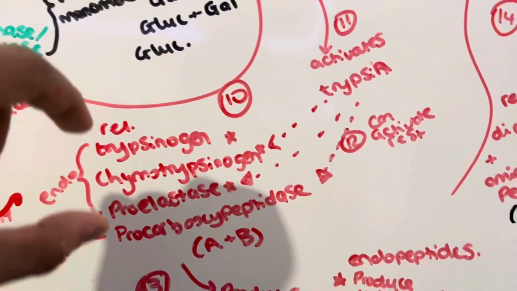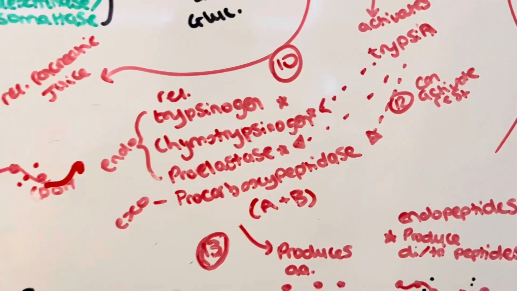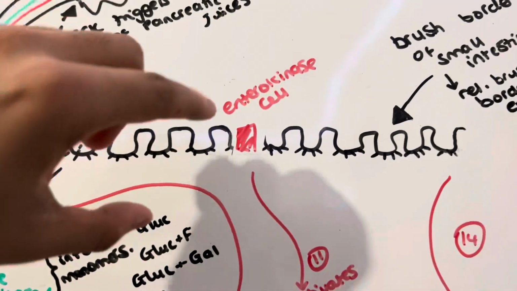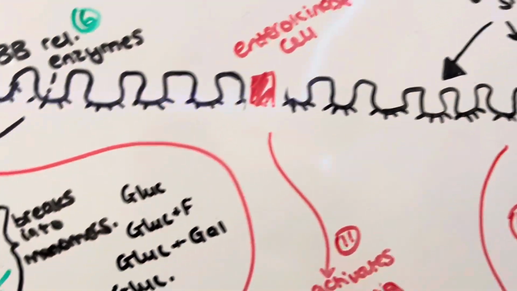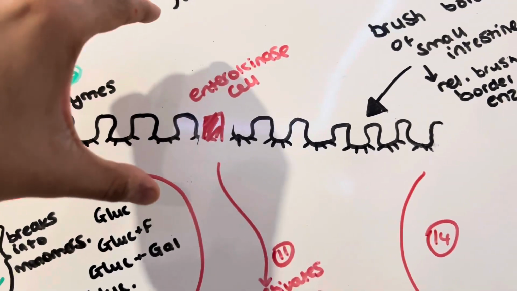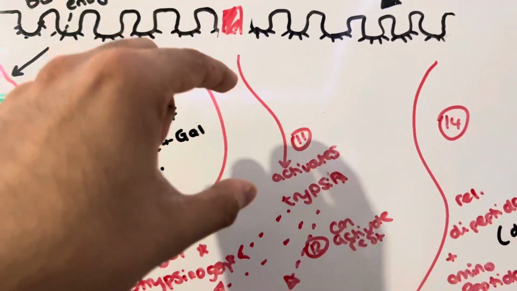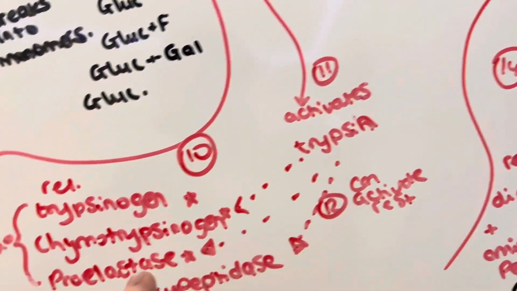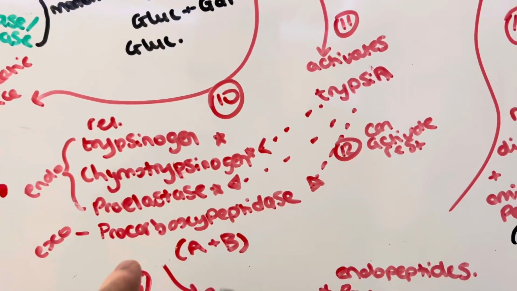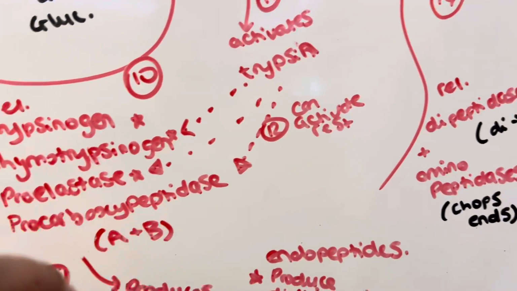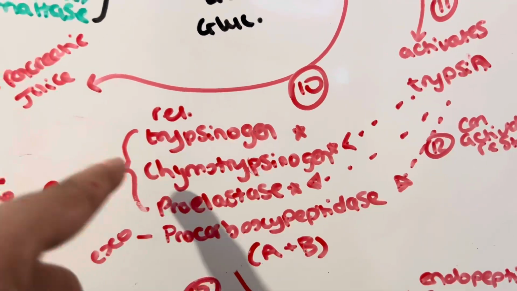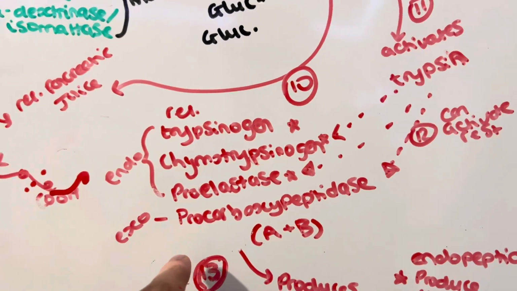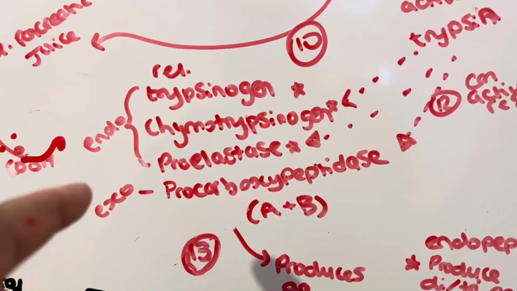Next thing we'll be looking at is how we can activate these to form the enzymes. The way we do that is we go over into the lining. I was running out of space, so I just crammed it in there. We've got our enterokinase cell. Our enterokinase cells would firstly activate the trypsinogen to form trypsin. Now what trypsin does is it then activates our chymotrypsinogen, pro-elastase, and procarboxypeptidase until they form chymotrypsin, elastase, and carboxypeptidase. Like I mentioned before, carboxypeptidase is an exopeptidase,